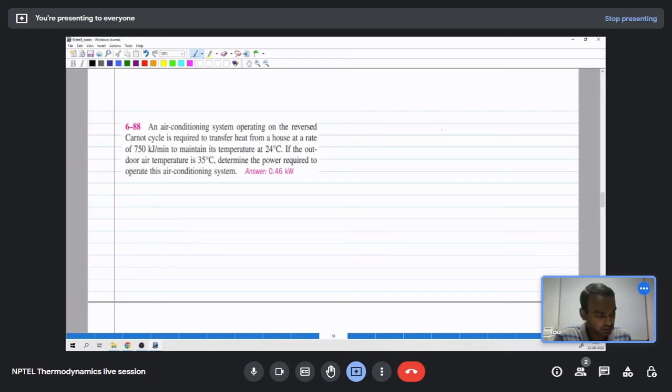we have a refrigeration system working based on the reverse Carnot cycle. The high temperature reservoir is the outdoor temperature, which is 35 degrees Celsius. So 35 converting to Kelvin scale, we have 308 Kelvin. So this is 35 degrees Celsius. And similarly, we have a low temperature reservoir maintained at 24 degrees Celsius. So converting to Kelvin scale, we have 297 Kelvin,